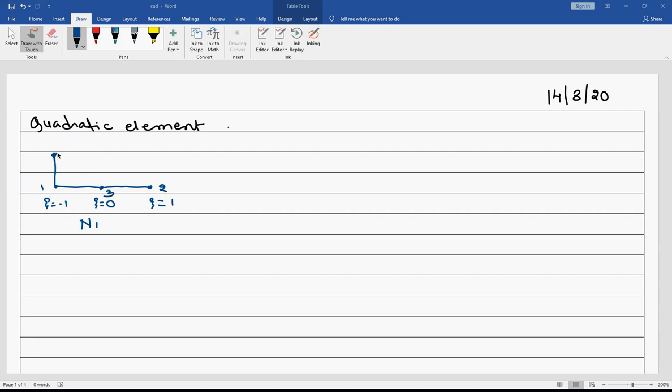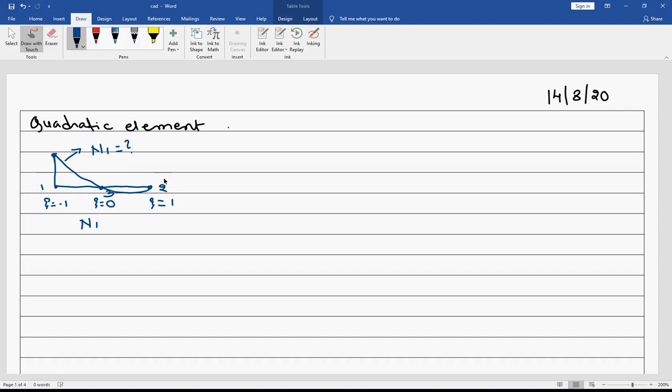So I just plotted N1 equal to 1 at this location. Now it will be 0 at N3, and at N2 it will be 0. If I want to draw a curve through these 3 points, my curve is going to be like this. So through 3 points, my N1 is going to be like this. This represents how N1 is going to vary, and I don't know its value, and that is what I need to find out.